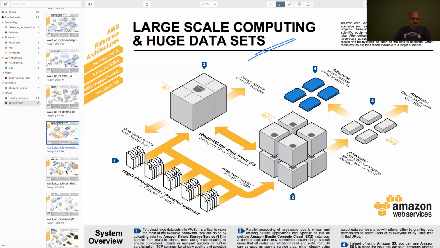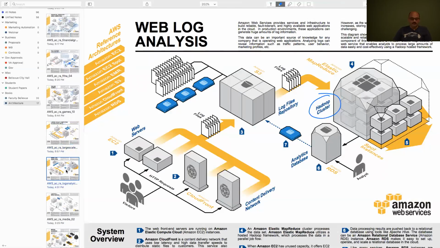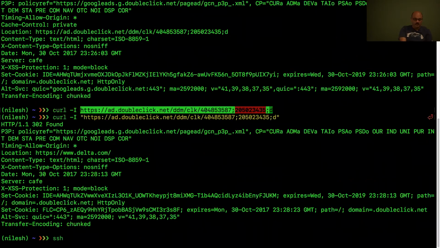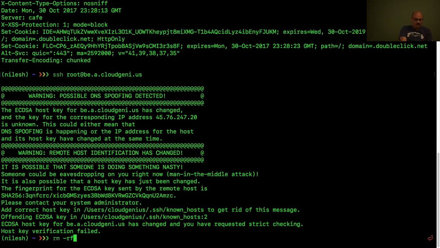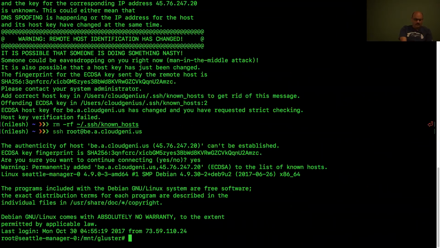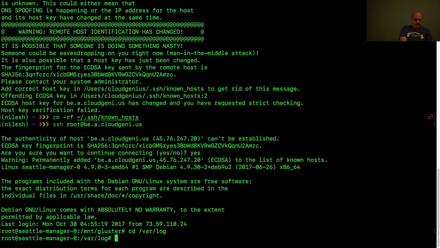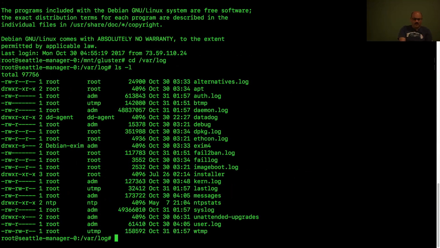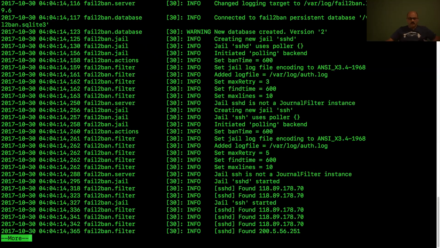So the next one is this idea, log analysis, which is basically everything that you run, every application that you run on some computer, will generate some logs, as simply as here. You've seen logs. I'm just showing you some examples. So if I go to var log, I see the logs. They are here. And if I open up an interesting log, what you will see is that